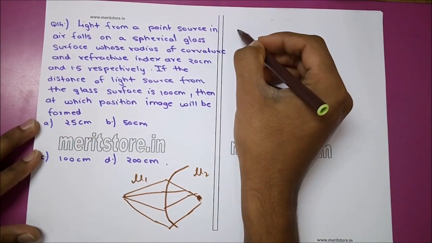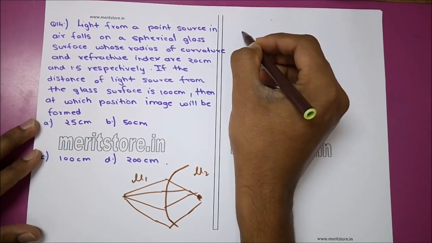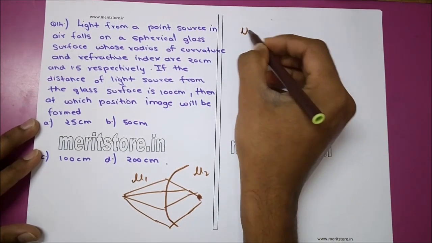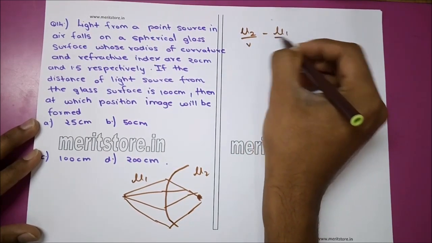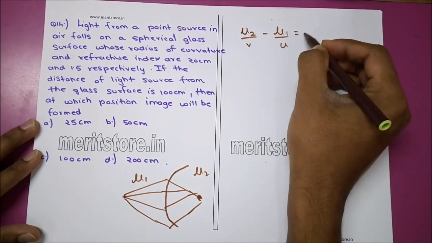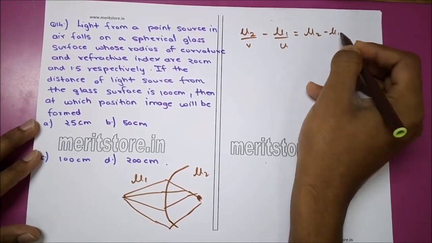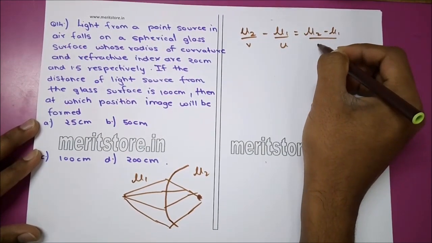So the modified lens formula can be written as mu2 upon v minus mu1 upon u is equal to mu2 minus mu1 upon